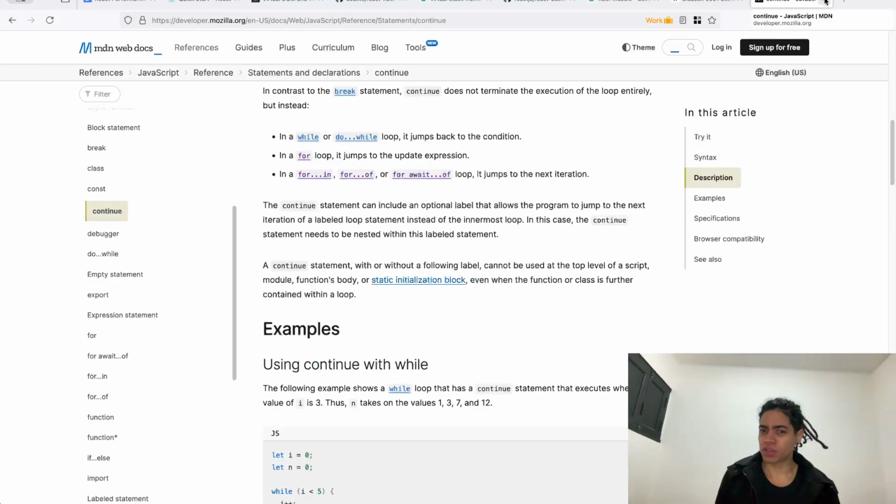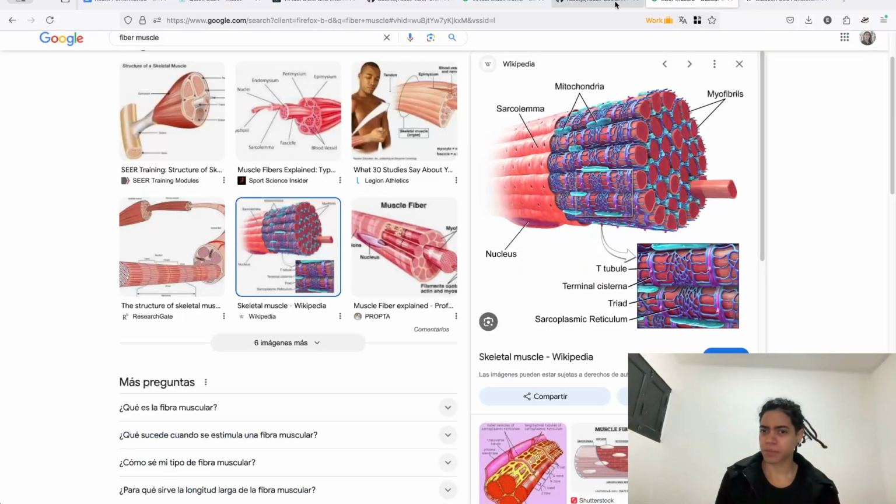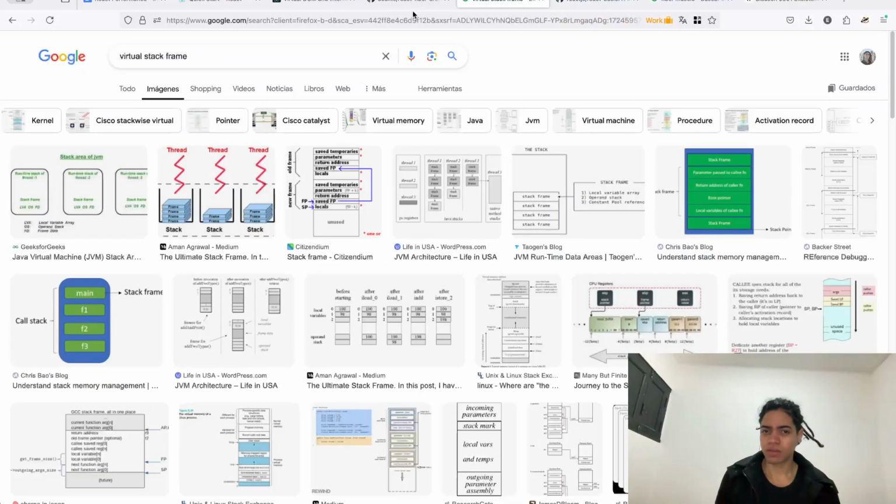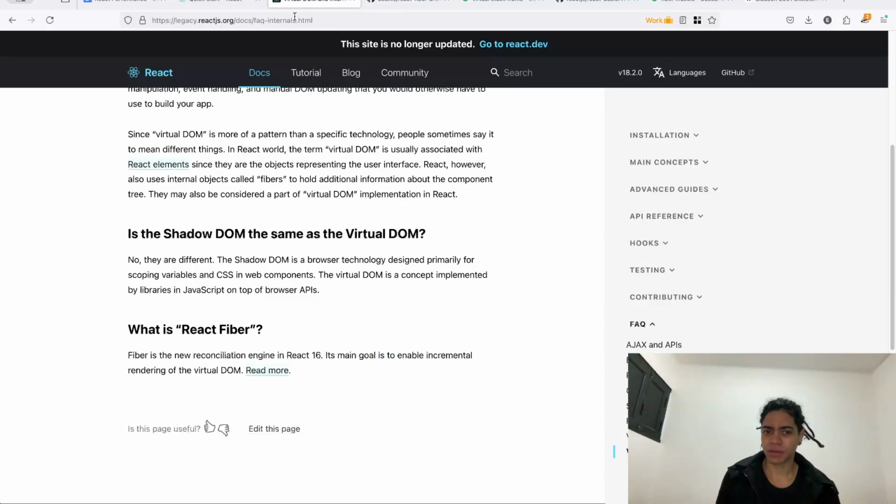So what is the summary of all of this? That React Fiber is this new implementation of the